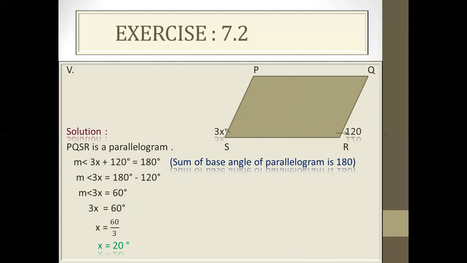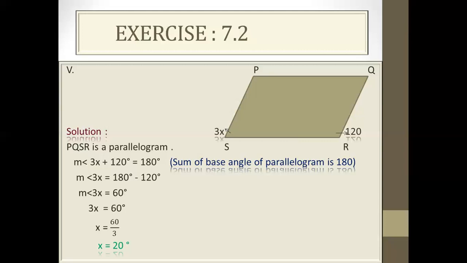These numbers are consecutive numbers. After 1 comes 2, after 2 comes 3, then 4. Same in the diagram: after S there is R, or after R there is S. They are consecutive and also base angles of the parallelogram. And we learn the characteristic about the base angles, or the consecutive angles, that their sum is 180, or they are supplementary. They both have the same meaning.